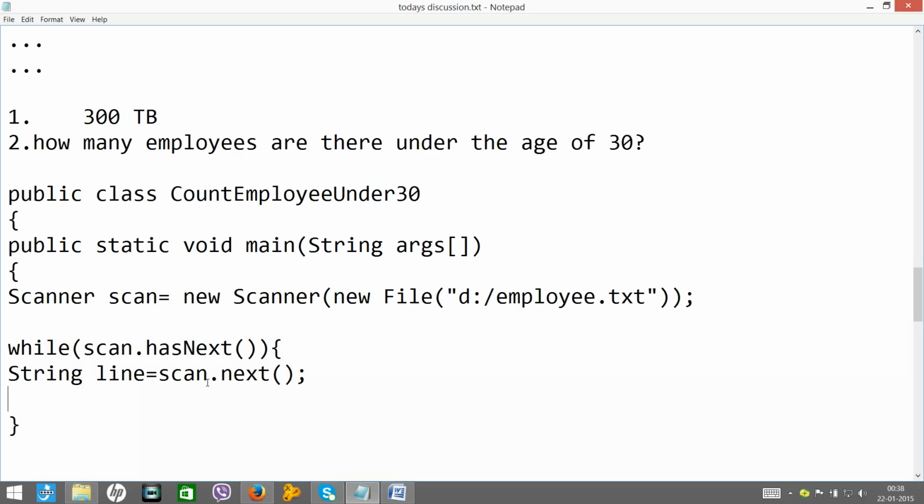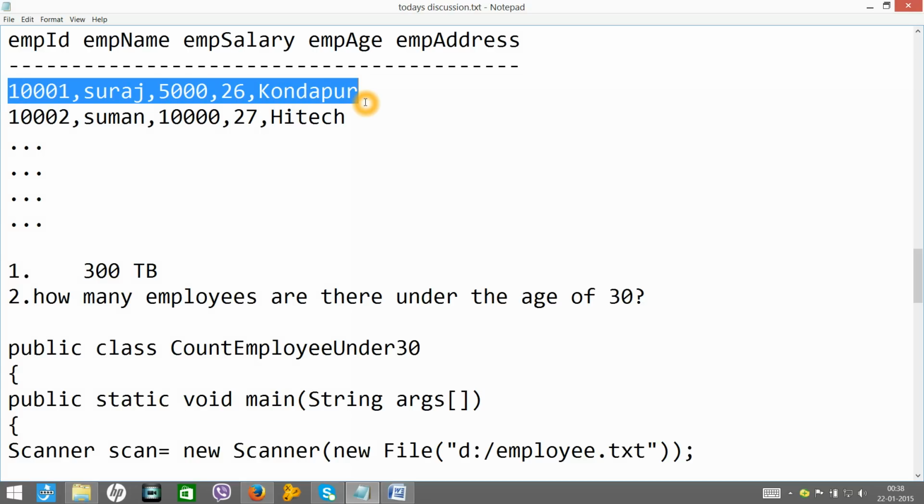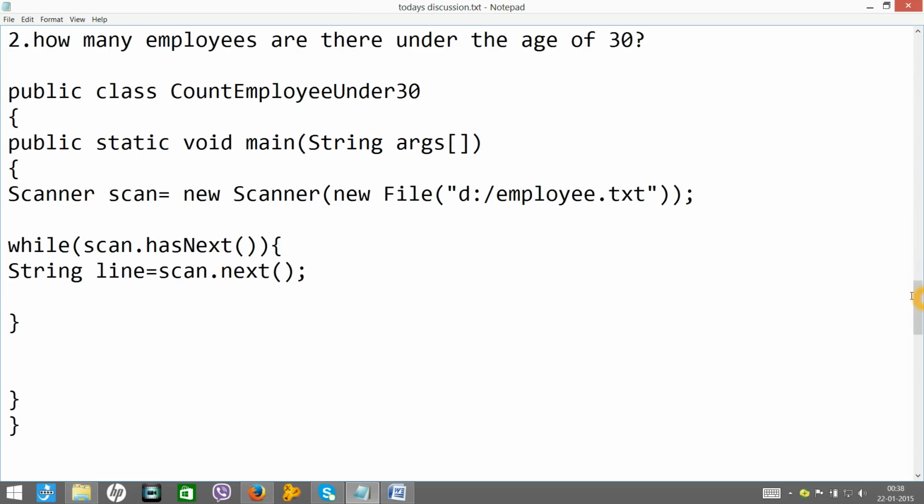When you say this, it will give you the whole line one by one. First time this line, second time this line. So you will get this line in your line object.